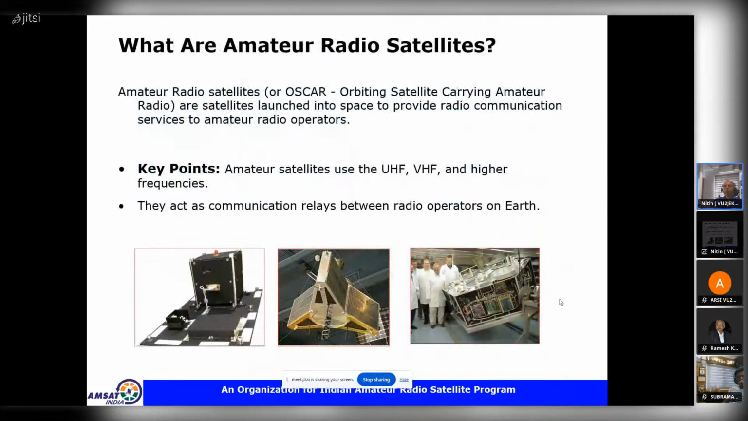Okay, so what are amateur radio satellites? Amateur radio satellites are also called Oscars, orbiting satellites carrying amateur radio. These are satellites that are launched into space to provide radio communication services to amateur radio operators, and they are launched by AMSAT organizations worldwide. Now we have many educational institutions which are building satellites and using the amateur radio frequencies,